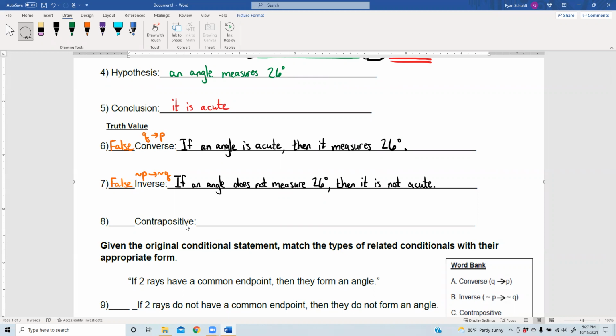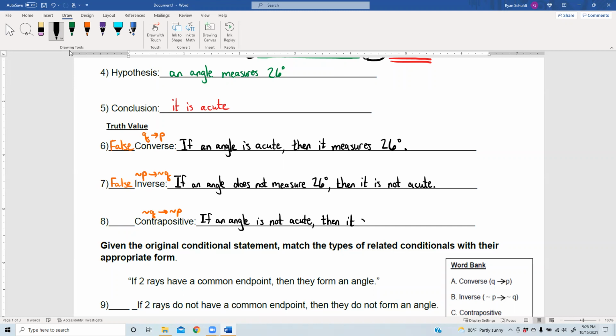And then we have the contrapositive. That one is if not Q, then not P. So I know by now, I have to start with if an angle. If an angle. And then I need my Q. If an angle is not acute, then